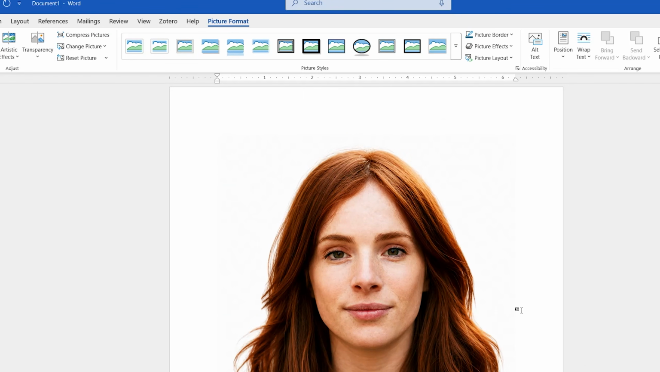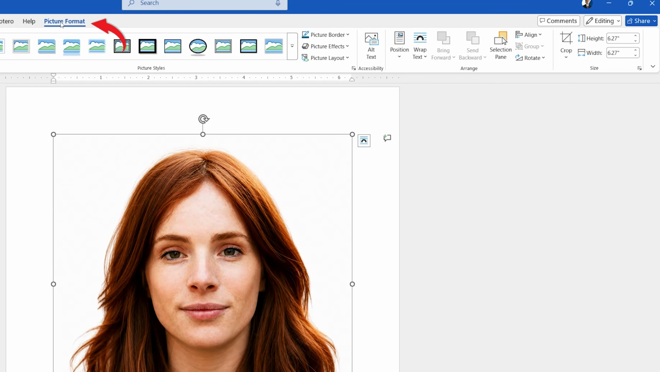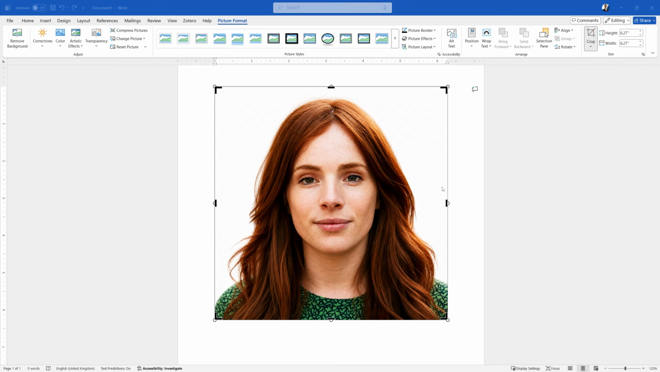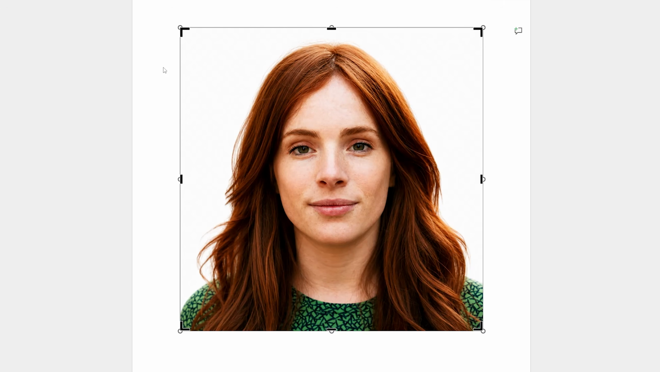Once the image is in your document, select it, click Picture Format, and then click on the downward arrow underneath Crop. From here, click Aspect Ratio, and underneath Square, we're going to click on 1 by 1. With the image selected, you'll notice that there are some black outlines around the outline of the image. These are for cropping. So our objective now is to make sure that our image lines up nicely within our